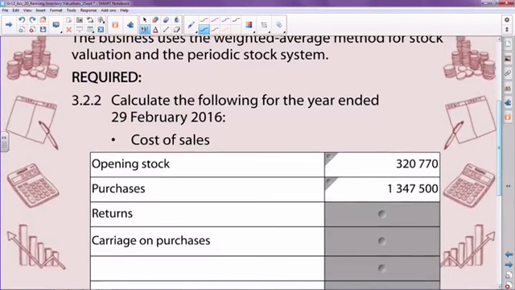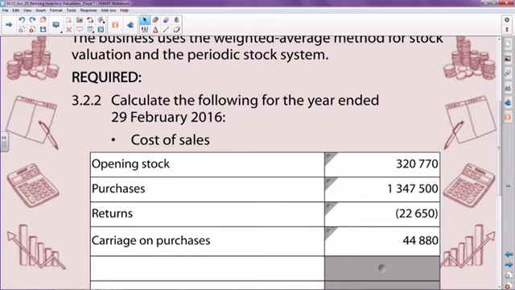Reason, you're going to bring in the carriage on purchases, as you can see, as an independent figure. The return was 22,650, but your carriage on purchases was 44,880. Now, when you come back after the break, we're going to show you how we calculated the carriage on purchases of